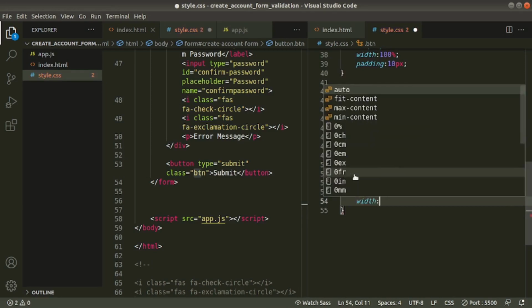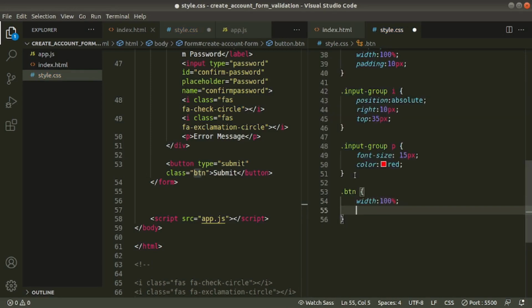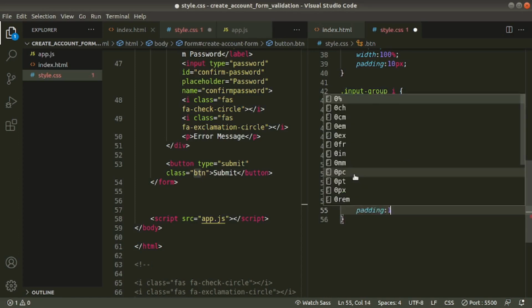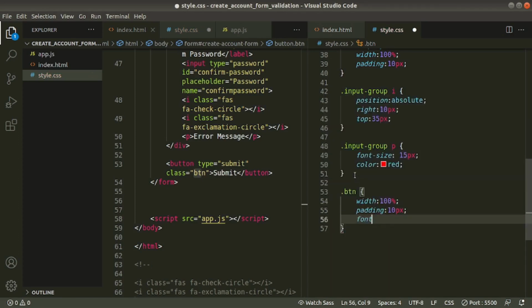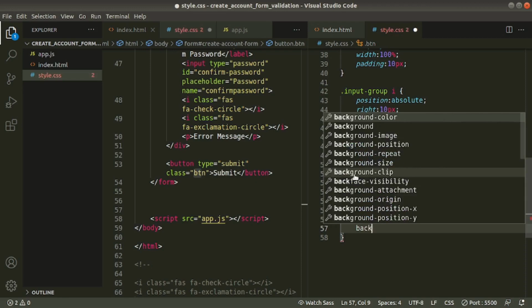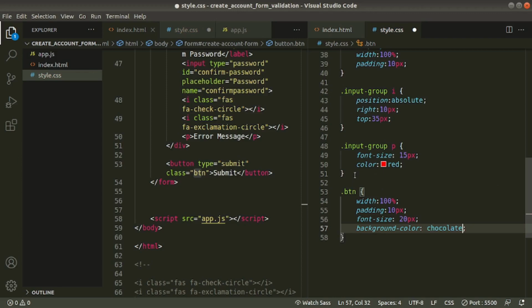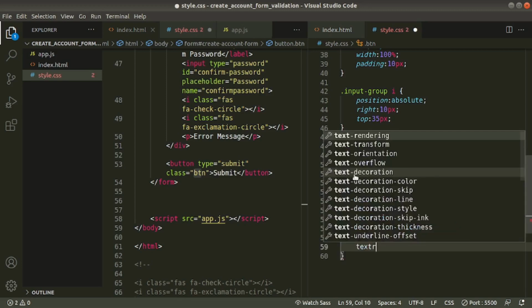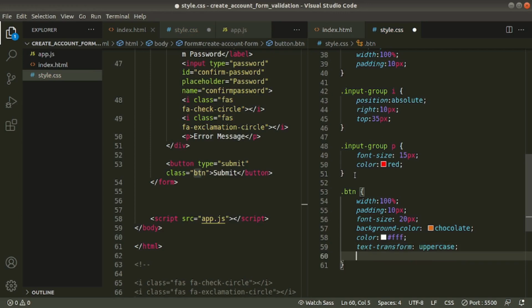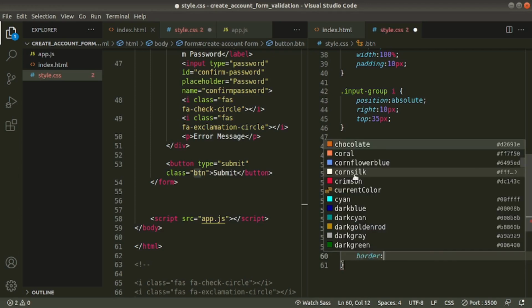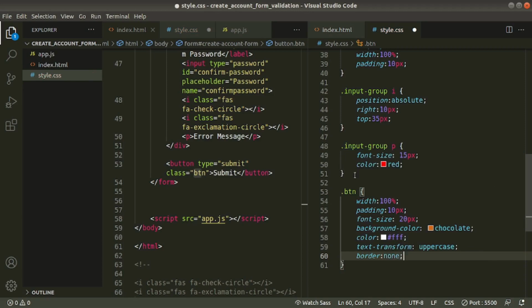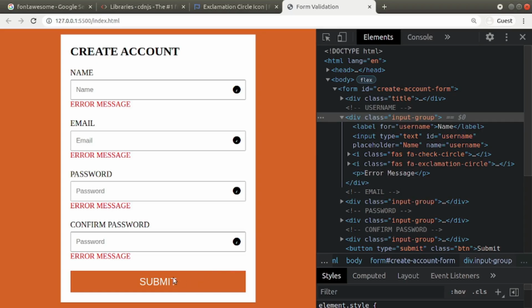Width 100% and padding all sides 10 pixels. Font size, we'll increase the font size 20 pixels, and background color chocolate, color white, text transform uppercase and remove the borders. Now save this one. Let's go and check. See, this is our button.